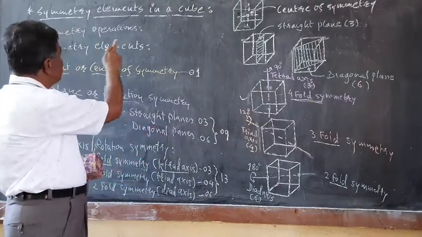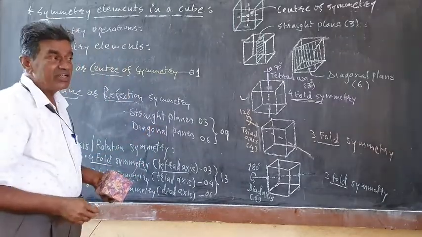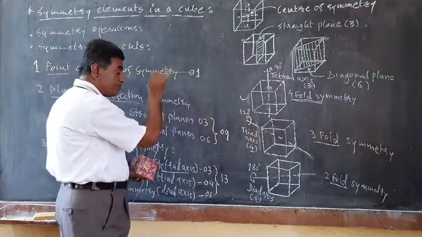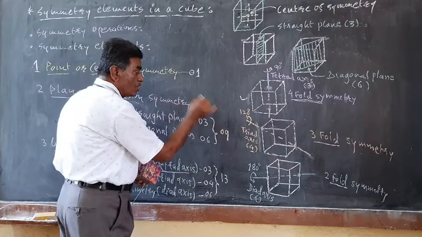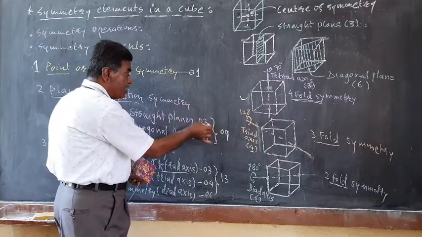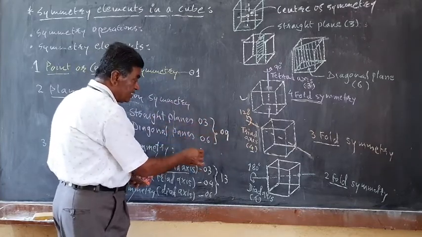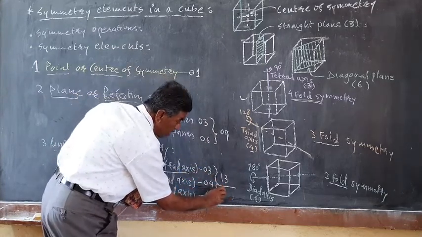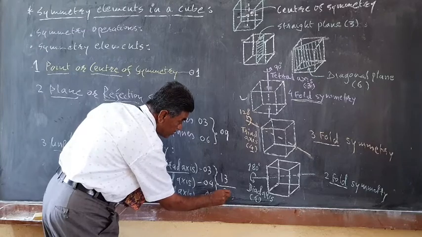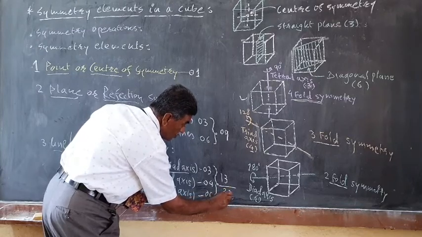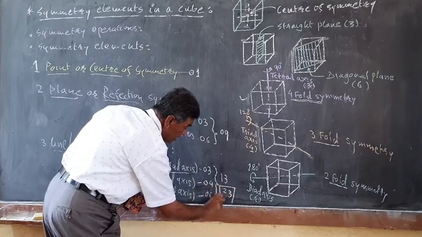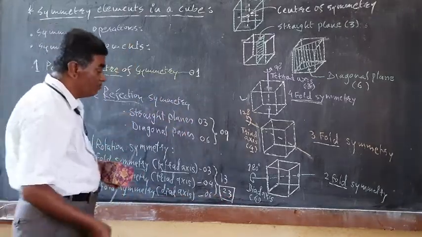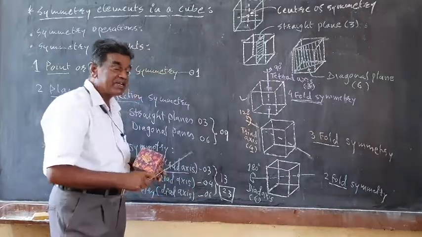So the symmetry elements, how many symmetry elements exist in a cube? So this is 1, that is the point of symmetry, planes of symmetry, that is total 9, out of which it is divided into these 3, these 6 here, and axes 3, 4, 6. So in all we are getting 23 symmetry elements in case of the cube. So you might be getting the answer. How many symmetry elements exist in case of the cube? There are 23 symmetry elements.